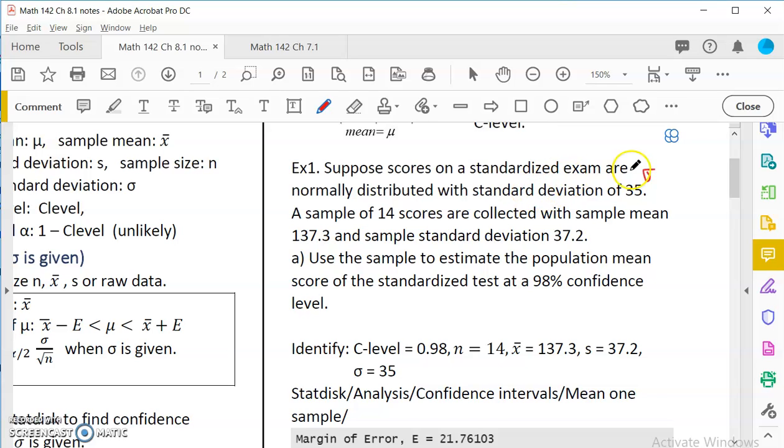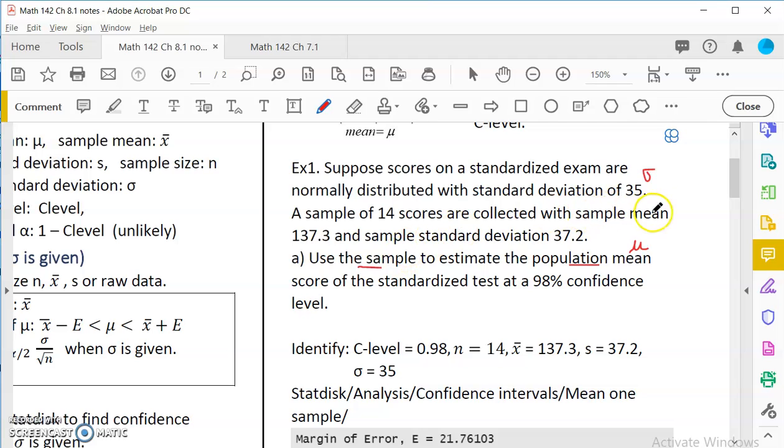So we have a lot of old data. These are usually from old data. So this population standard deviation is 35. And then you want to estimate the population mean. You use the sample to estimate the population mean. The sample has 14 scores, so that's the sample size n, with the sample mean of